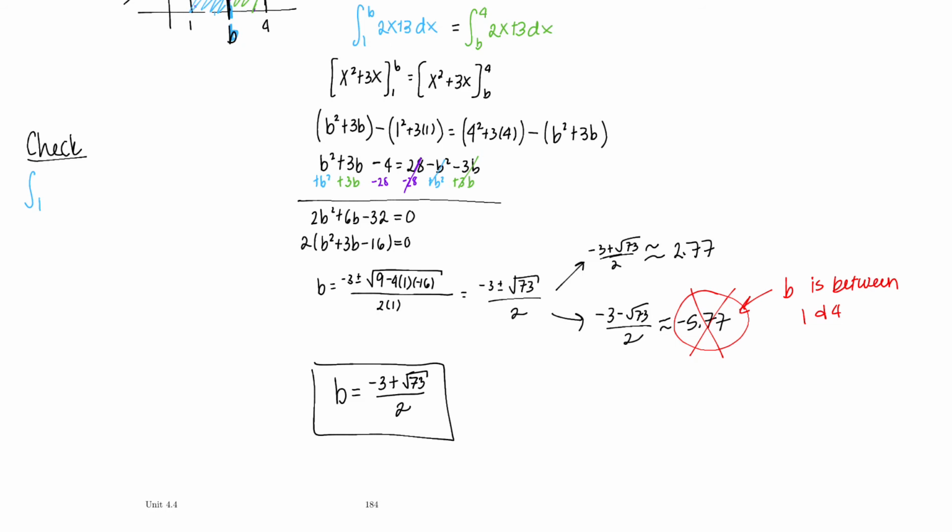But I'm going to use the approximation just to see if I get an answer that is close to what the green area is. So on my calculator, I am just going to do 2x plus 3 from 1 to 2.77. And I get 11.9829. For the green area, going from 2.77 to 4,